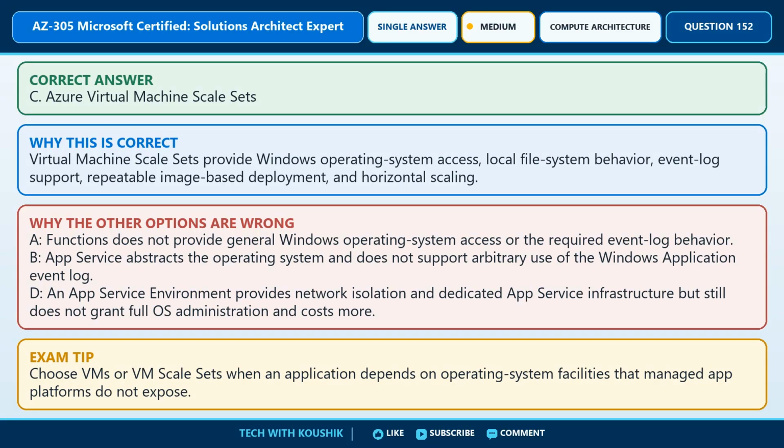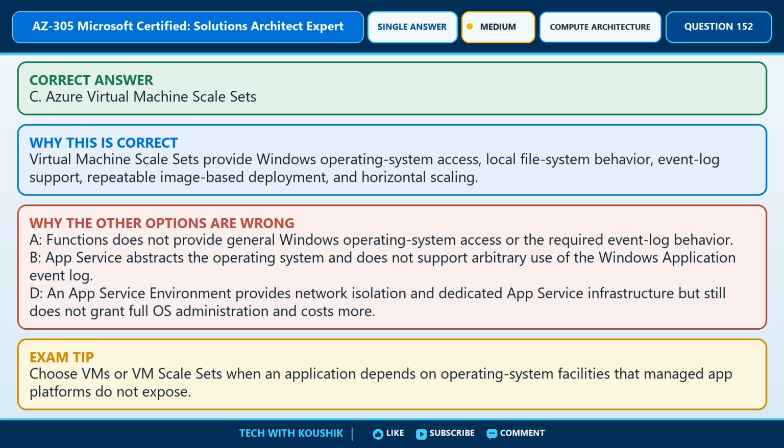The correct answer is option C, Azure Virtual Machine Scale Sets. Virtual machine scale sets provide Windows operating system access, local file system behavior, event log support, repeatable image-based deployment, and horizontal scaling. A. Functions does not provide general Windows operating system access or the required event log behavior. B. App Service abstracts the operating system and does not support arbitrary use of the Windows application event log. D. An App Service Environment provides network isolation and dedicated App Service infrastructure, but still does not grant full OS